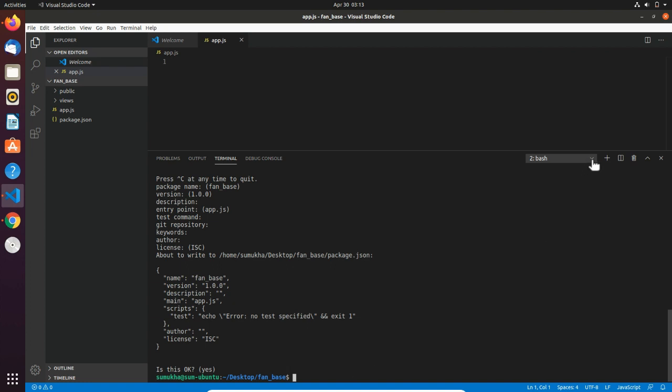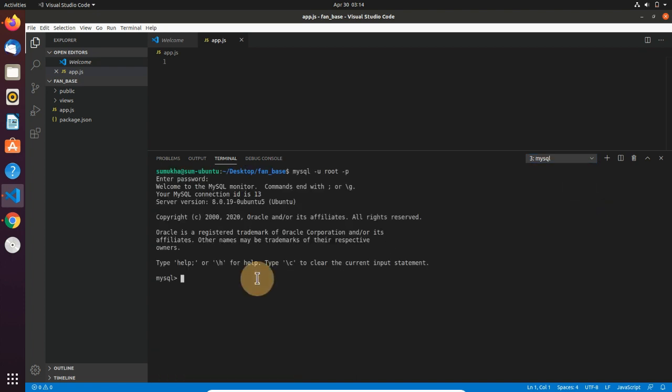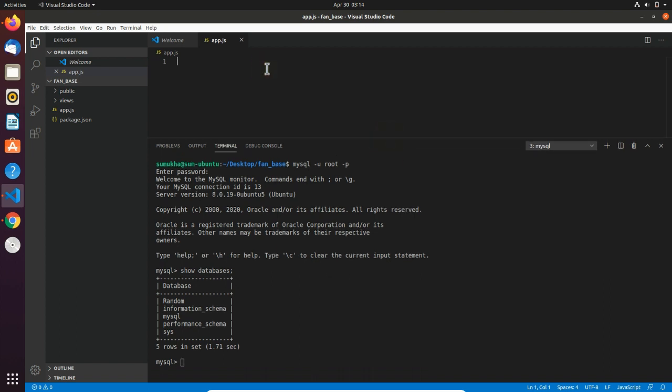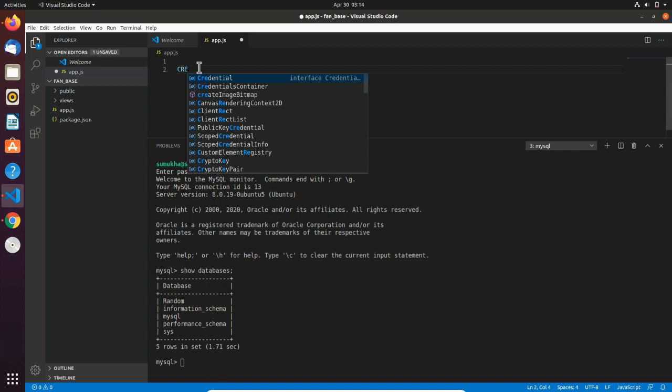Now let's go to our MySQL CLI again, and I'll show my databases. These are my databases, of which only one is mine right now. The other four come by default, I guess. So now we'll create a database. I'll just type here what we need to do. This is not JavaScript code. I'm just typing it so that we can copy and paste into the CLI. You can also use a .sql file.